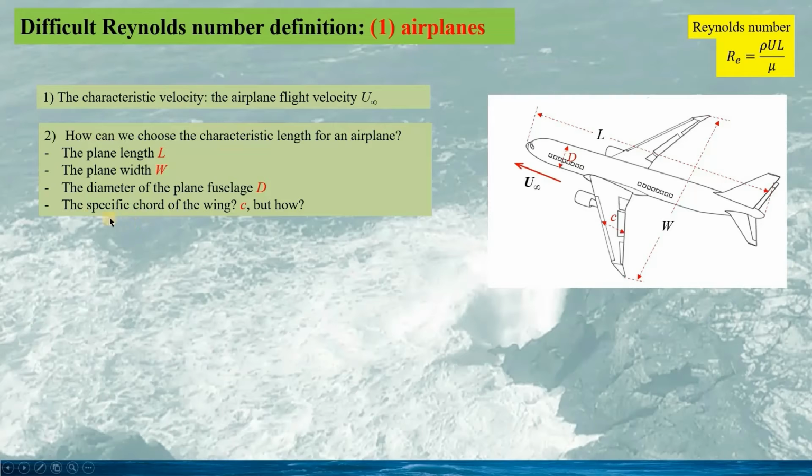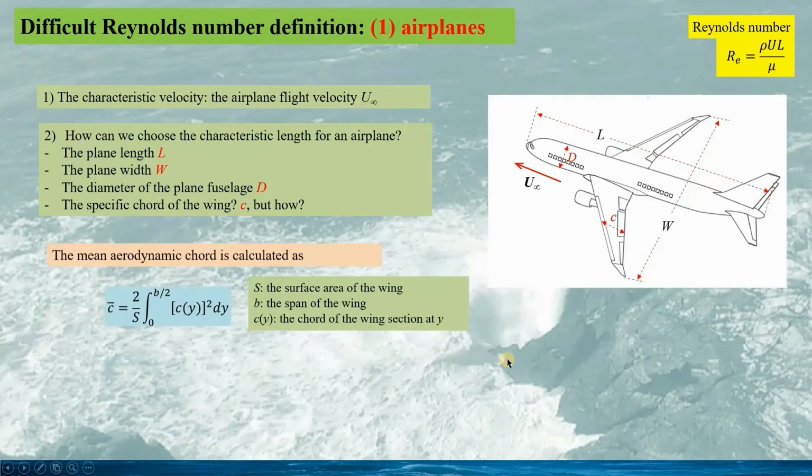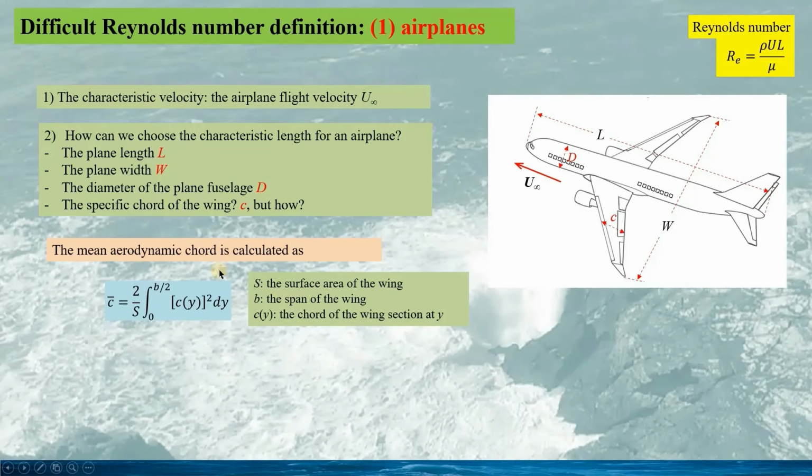And we might have used the specific chord of the wing, see here. But if we look at the drawing, we can see c would vary along the span of the wing. So how can we define the parameter for a chord for the wing? In application, the mean aerodynamic chord is defined as this c bar.